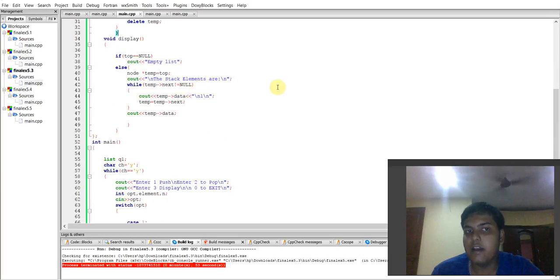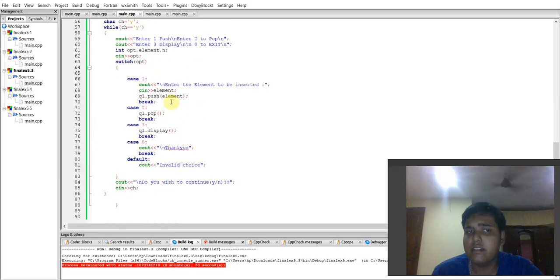Displaying: how will you access the last node? Normally we know that the last node's next will be 0, so before that, next will have some value. Until then the loop will keep executing. That is, while it is not equal to null, meaning it has some value, execute. So when it comes to the last node, it will come out of the loop. Within the loop, the data will be printed, and you move on to the next node. Then at last you can print out the data also. These are some operations you can use